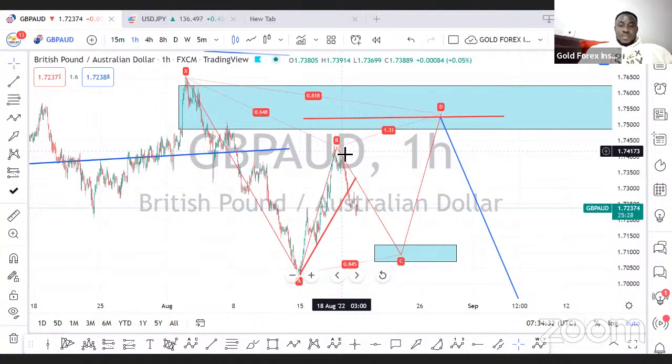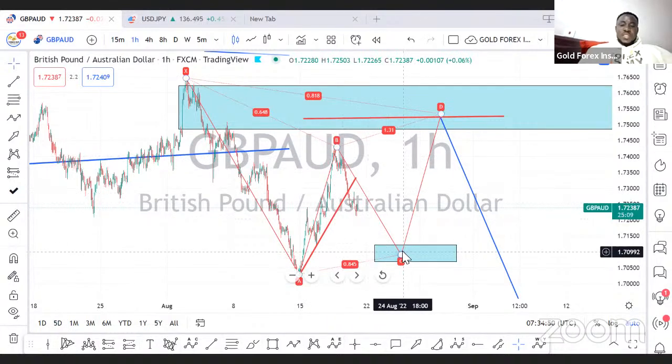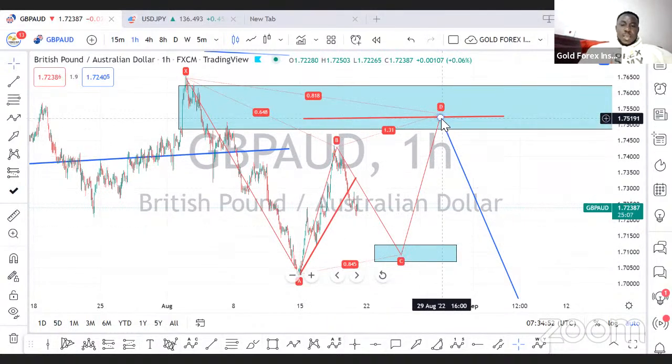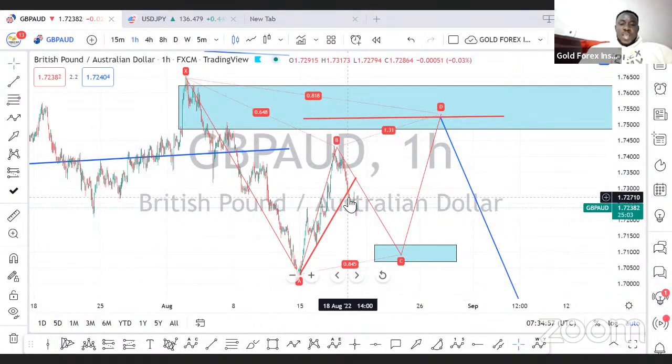This is from Dr. Harmonics. Make sure your B is always from the break of market structure. Now, once you get the B from break of market structure, most likely your harmonic pattern is going to work. Okay, so take it from me. And we are going to sell all the way to the C leg. Then we'll get to the D leg before we have the big sell. So you can join along the trend. Once you have a pullback over here, maybe there should be a pullback. So we'll have it like this.